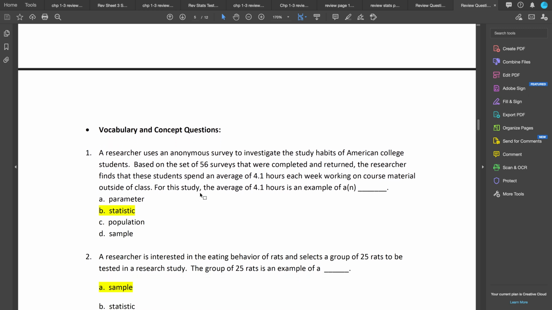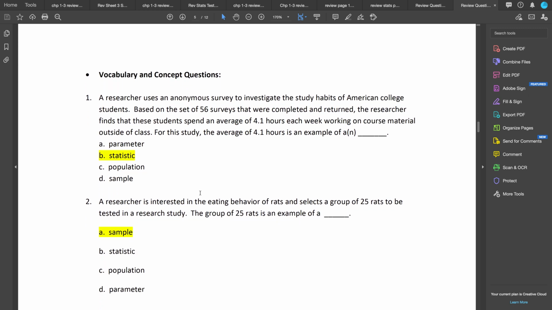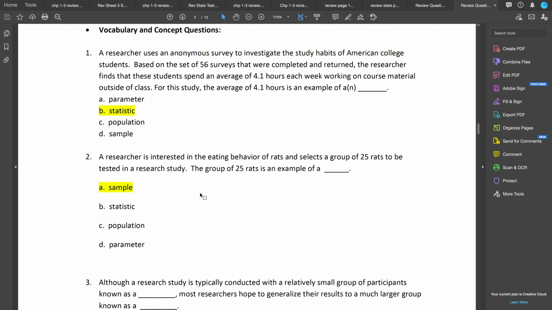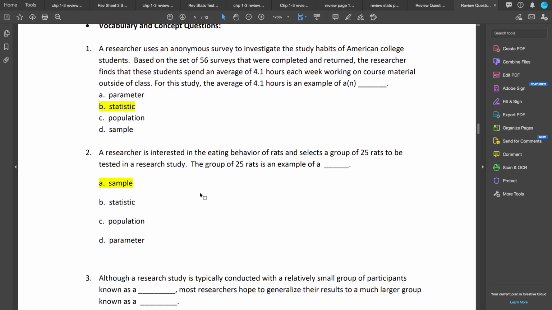Okay, vocabulary-based questions. The math on this stuff is real simple for me. And some of the vocabulary is pretty simple, but some of it can really be annoying. A researcher uses an anonymous survey to investigate the study habits of American college students. Based on the 56 surveys that were turned around, the researcher finds that these students spend an average of 4.1 hours per week. For this study, the average is an example of, and it's a statistic because it's based on